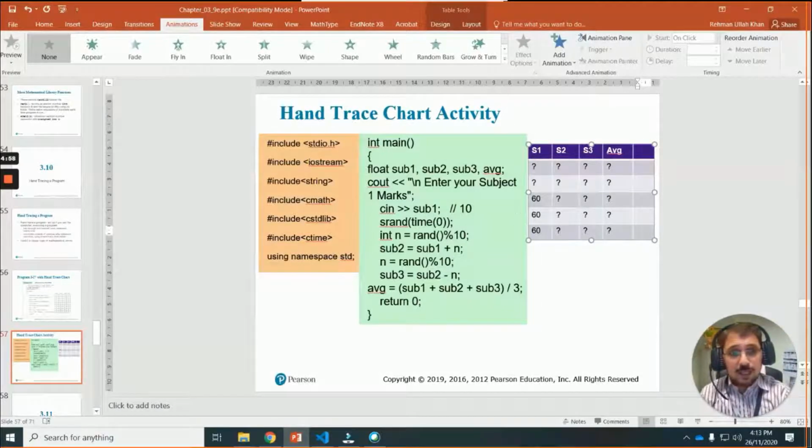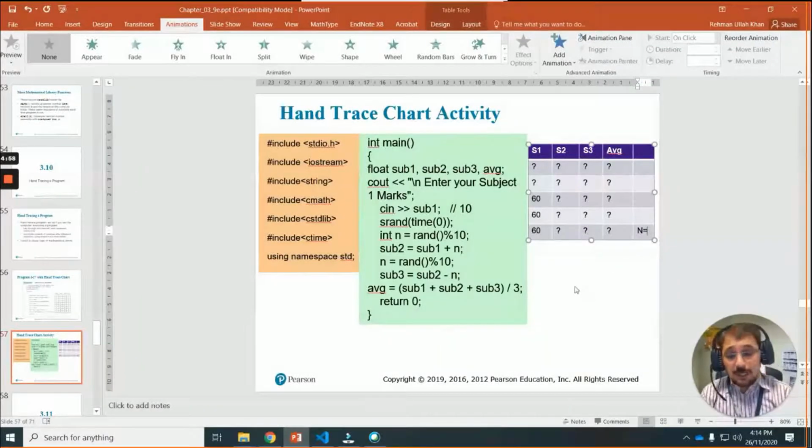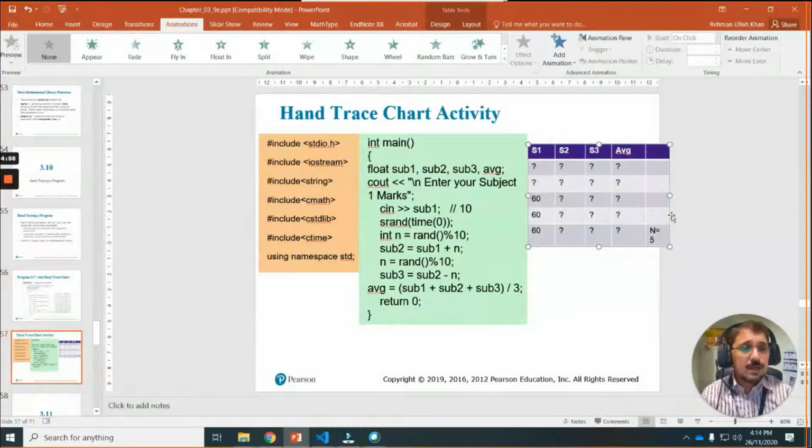So I will do like this: n is created also, and it's got a value also. Note the point, when I am typing here, the n automatically changes to capital in PowerPoint, but you will not change it to capital, because you know that capital N and small n are different from the computer's point of view. Okay, so let's suppose the value assigned to n is 5.